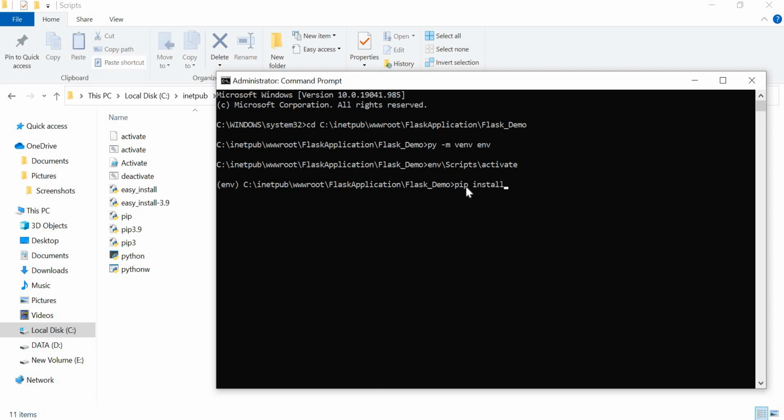I have already installed these, right? So install this: pip install flask. Then the next is pip install wfastcgi. I have already installed these two libraries, so you should do it and install these two libraries, because we need Flask for our application, and for setting up wfastcgi we need pip install wfastcgi, right?